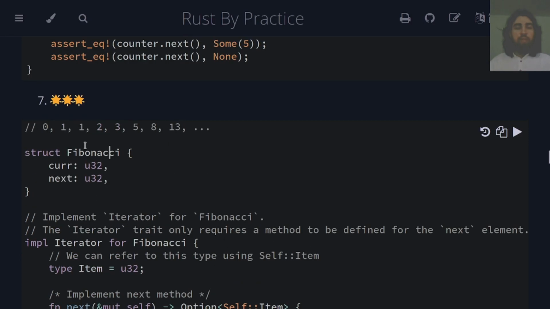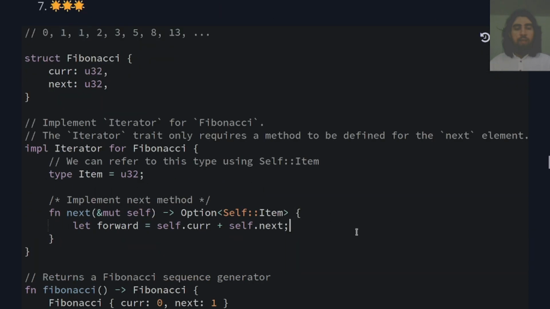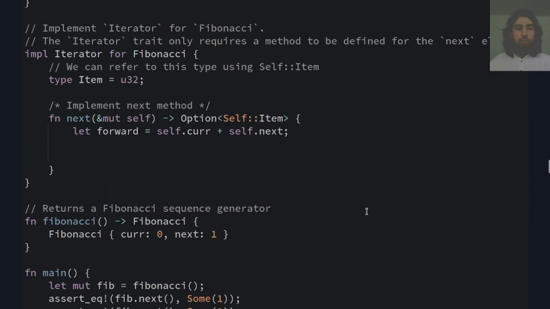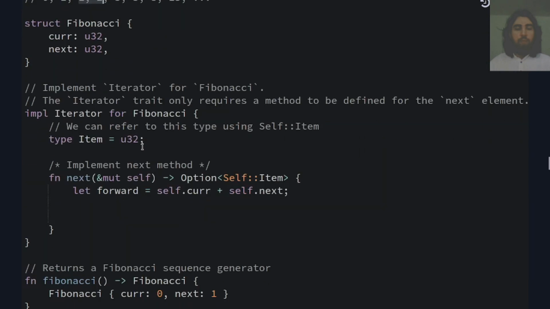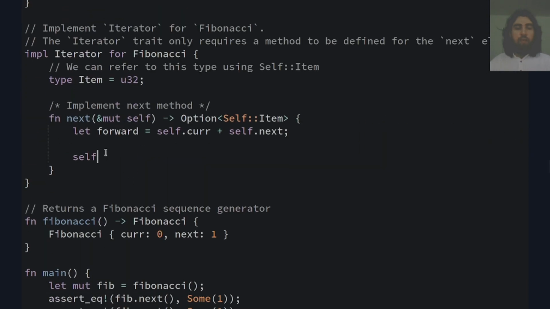So forward in this example would be 0 plus 1, right? This would equal 1. So we can then, to go one step forward, we want to go like this and then like this, right? We can assign to self.current self.next,